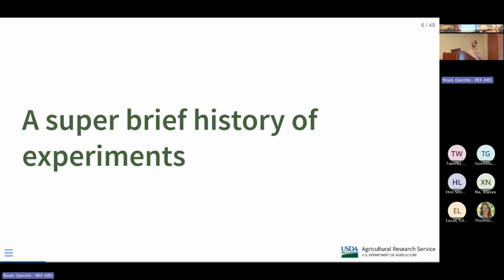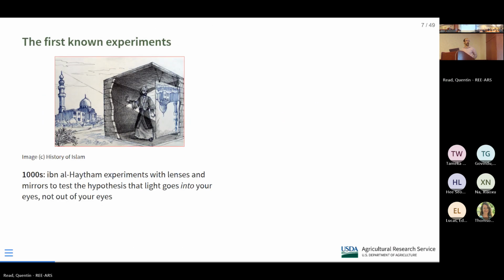Maybe you all won't think this is relevant, but I think it's very cool to put the work we're doing into the context of the history of science, at least the sort of Western European paradigm of science and how it developed over time. Basically, human beings experiment. We are an experimental species. Babies and toddlers will push something and see what happens, and they'll manipulate their environment and get data on the effect of that, and that's how they learn about the world.